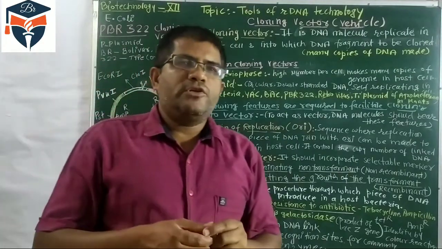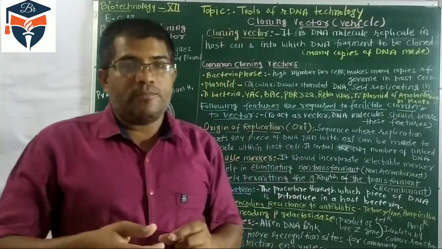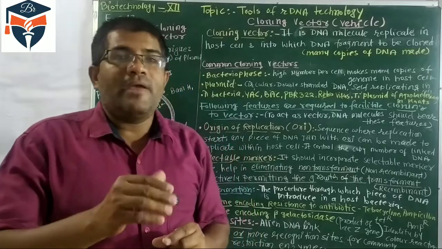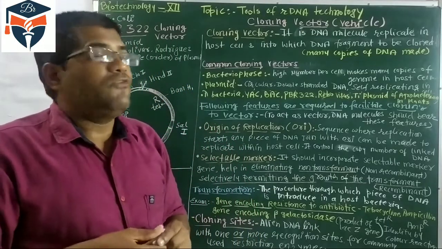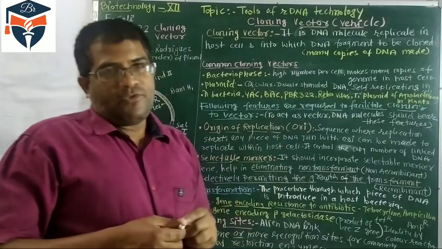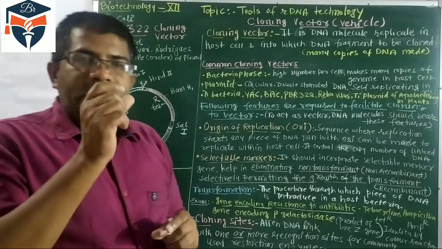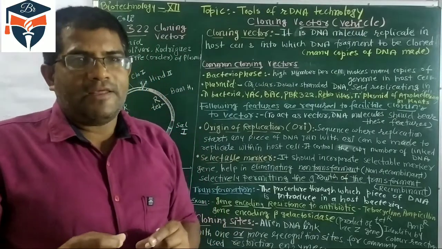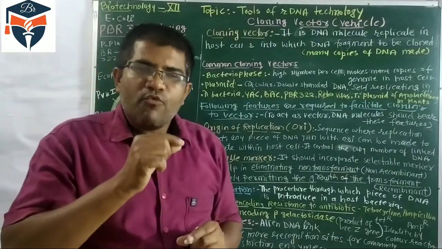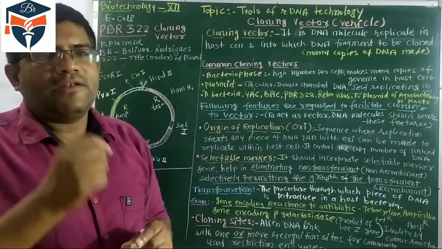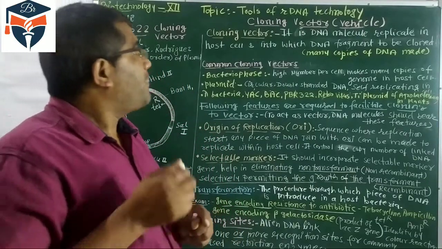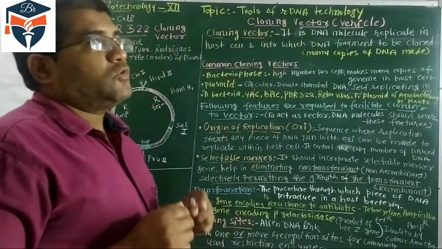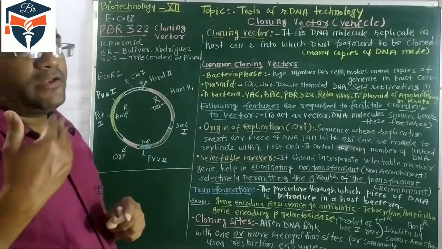In case of malaria, we know the pathogen is a protozoan, Plasmodium. But this Plasmodium is carried by the female Anopheles. So the female Anopheles is a vector. Here also the desired piece of DNA, or foreign DNA, is combined with the vector DNA and then it is introduced into the host cell, and that's why this tool is called a cloning vector.